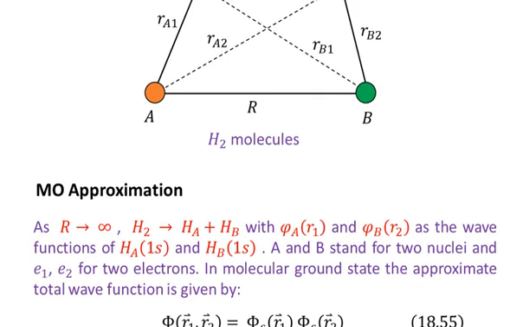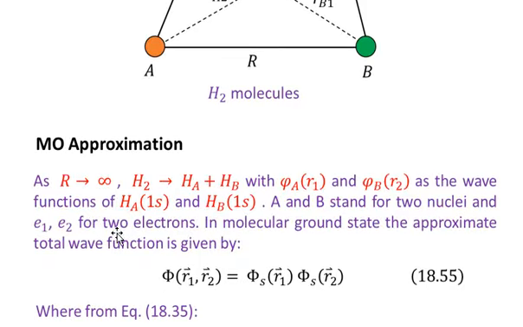Now let's discuss the molecular orbital approximation in its simplest form. As R goes to infinity, that is, if you separate out the two nuclei, nucleus A and nucleus B, the H2 molecule will split into two atomic hydrogens, atomic hydrogen A and atomic hydrogen B, because their separation becomes so large that each atom will